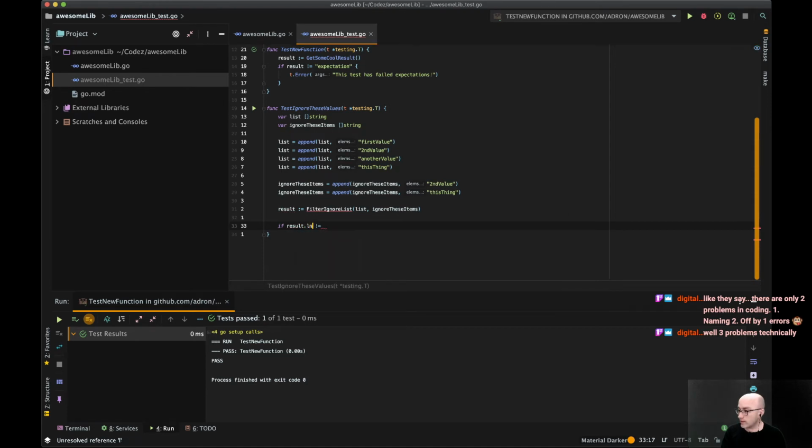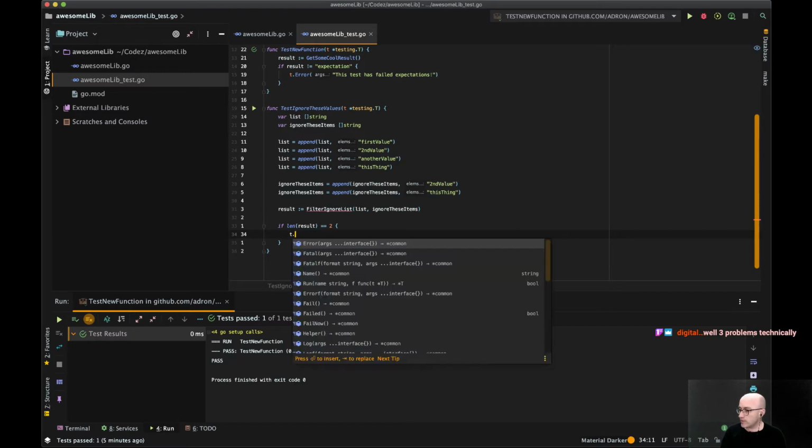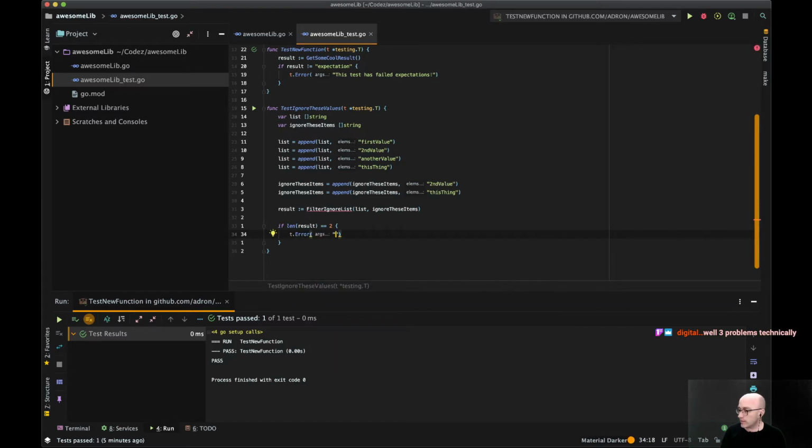Length result is equal to 2, I think. We'll do t dot error, the filtered list has an incorrect number of items. So that's our first test. That'll help us get things working here.